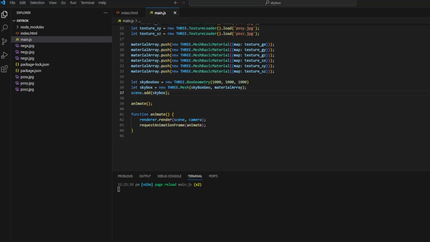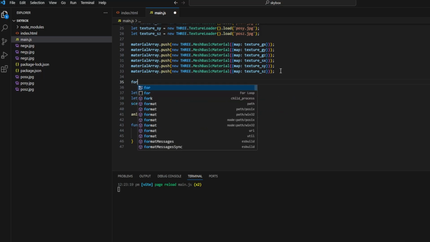If you go to the browser now, you won't see anything, but if you zoom out, you can see a cube with the images that we have defined. But we don't want this. This is unusable. What we have to do is go back to the code and then write a few lines